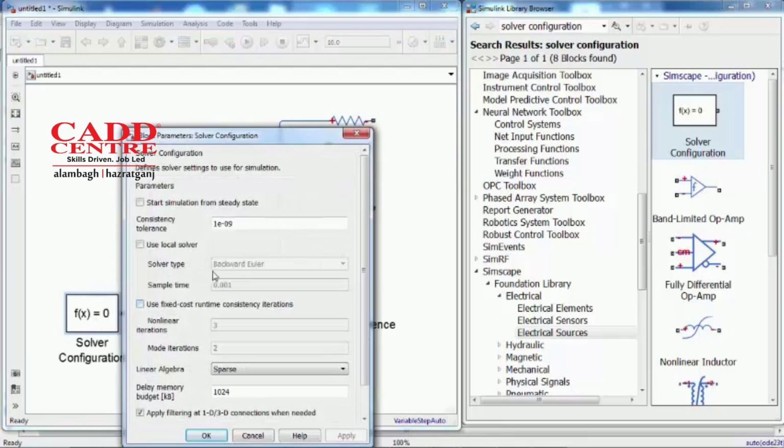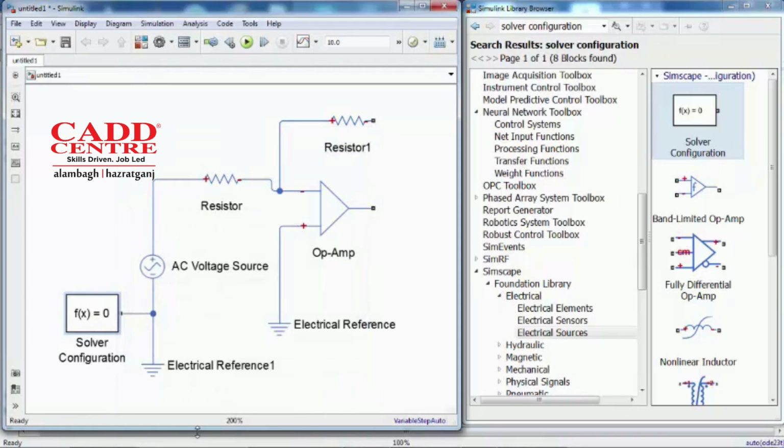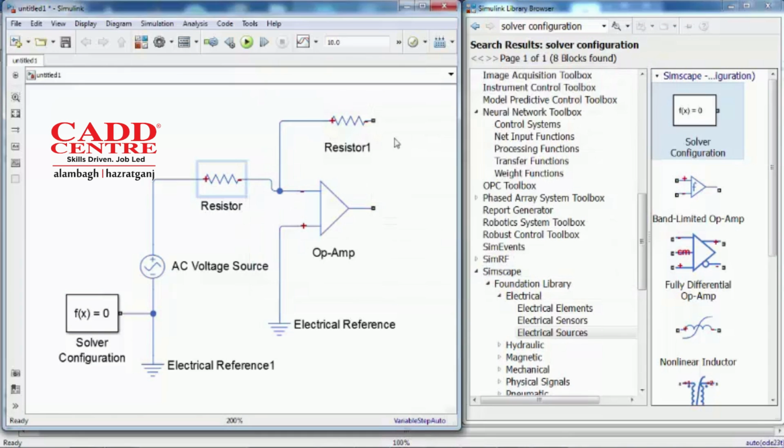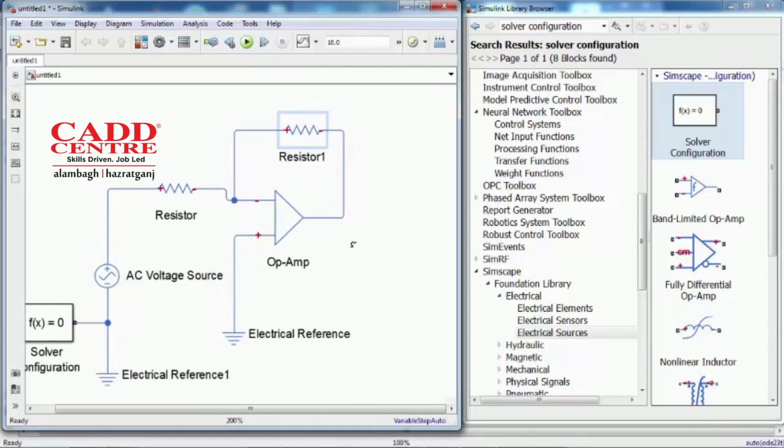In this we will provide the consistency tolerance as 1 and then apply and then click OK. After that, provide the value of resistance on this input side as 1 kilo ohm. We will change the unit to kilo ohm, then apply and OK. And here we connect this resistance to the output of the op-amp,